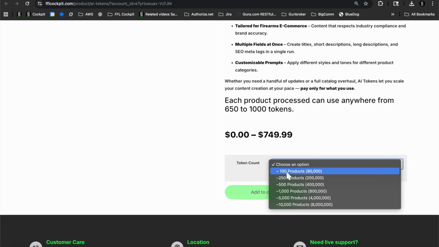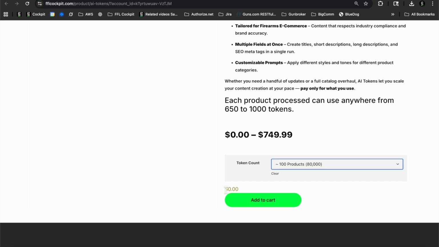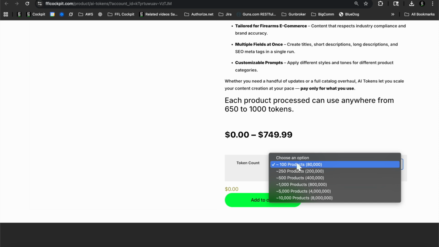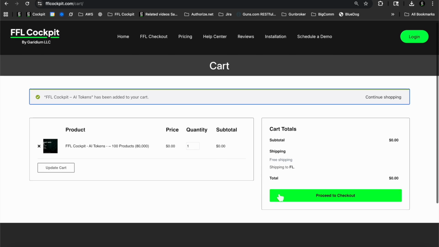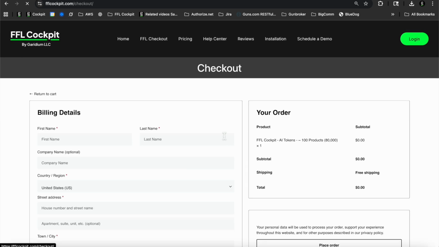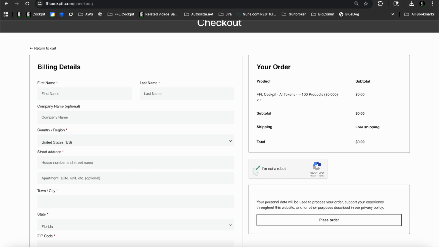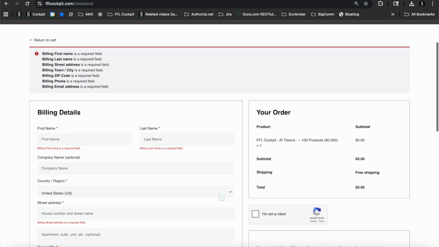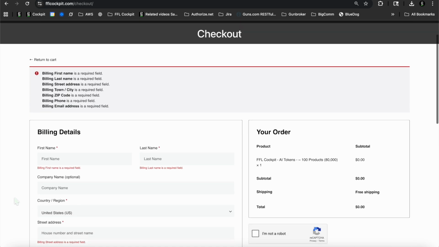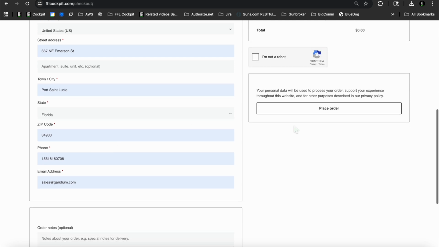Right now, we have 100 products worth of tokens, around 80,000 tokens for free, just to get everyone started and help test it out. But if you want to purchase additional tokens, you would just come in here and purchase those additional tokens, depending on how many products you want to update. So we can go here, add this information to the cart, proceed to checkout. It'll ask you for this little robot thing, but it won't ask you for a credit card because it's free. And then once you put in all of your information and check out,